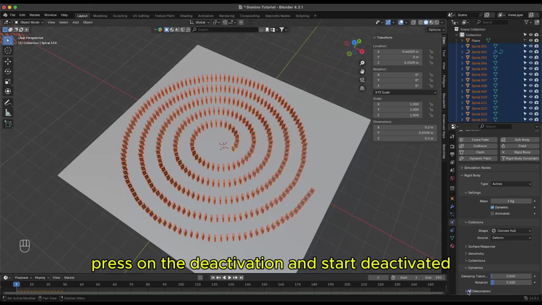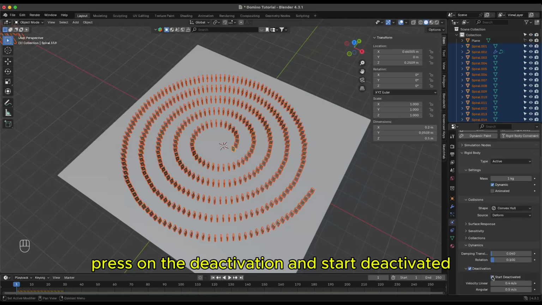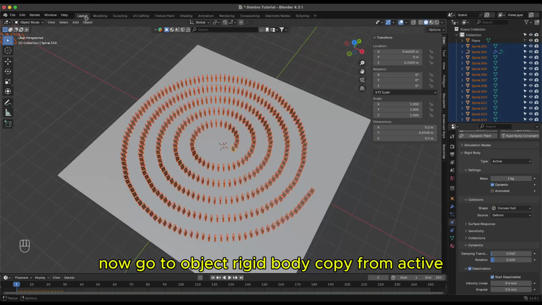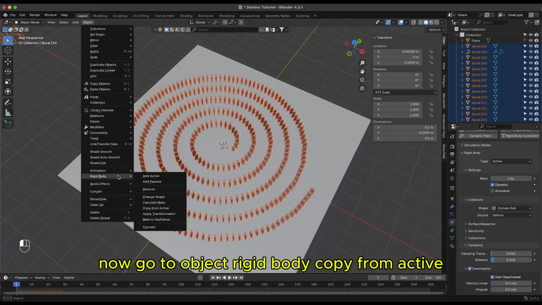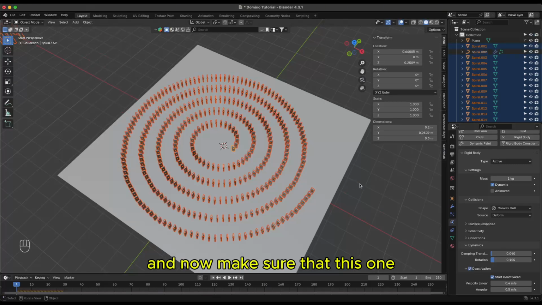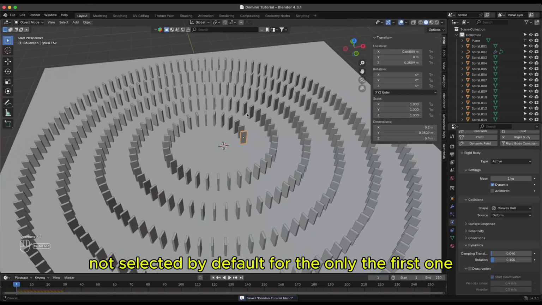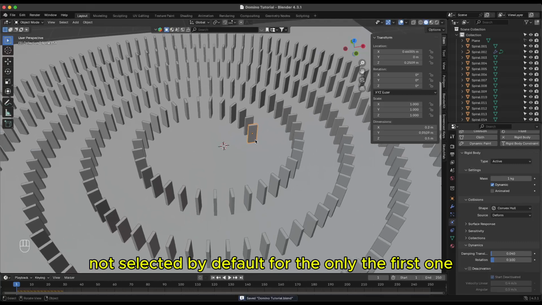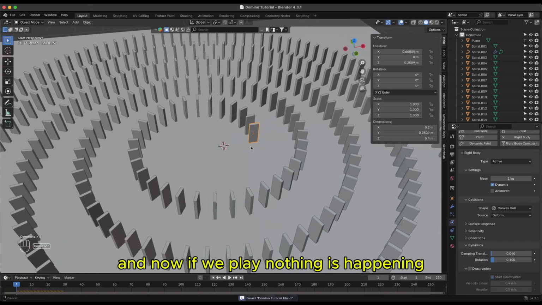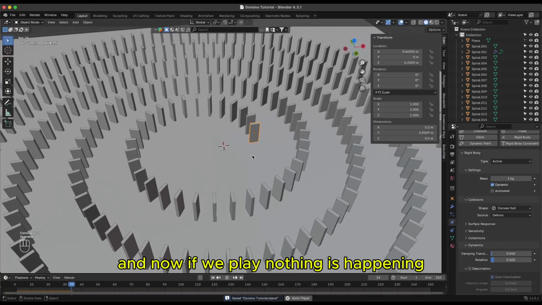Press on the deactivation and start deactivated. Now go to object, rigid body, copy from active, and now make sure that this one, the deactivation, is not selected by default for only the first one. And now if we play, nothing is happening,